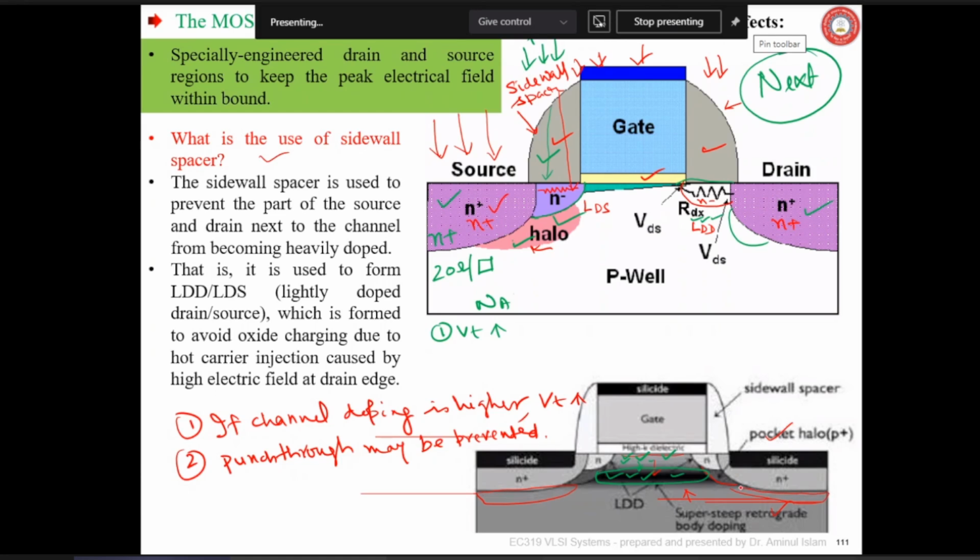You know why? Why you cannot do that? If you do higher doping concentration, then the depletion region inside the source or drain will become high. Depletion layer under the source and drain will be larger. Yes, if you look at the other side, then inside the source and drain, the depletion layer will be longer. Yes, somebody else can say something.